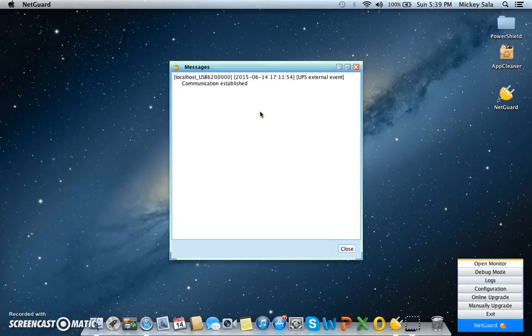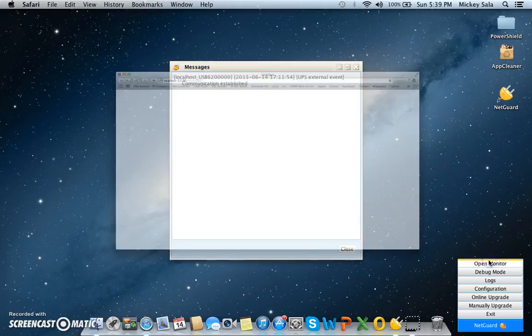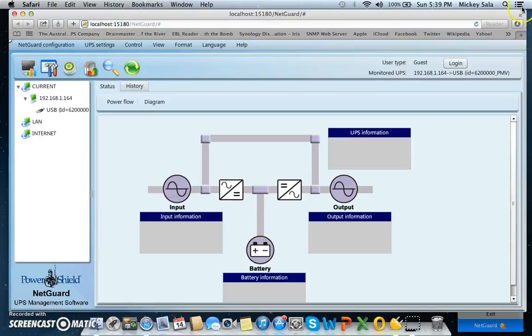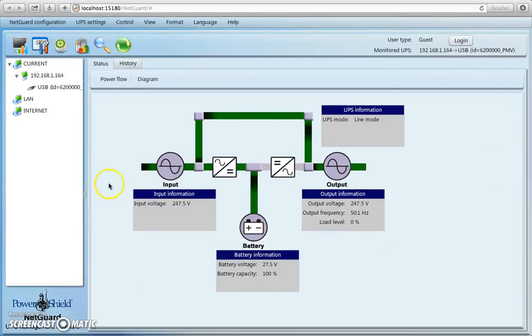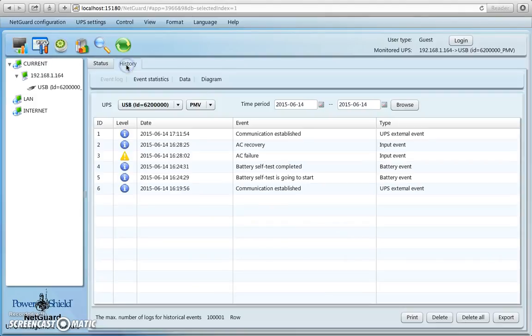Okay, so we've just started our NetGuard for our Mac OSX 10.8.5 and got our communications window. So what we'll do is we'll just go open monitor, go to full screen, see the power flow, and if we want to look at the history, all right, so for the event log,